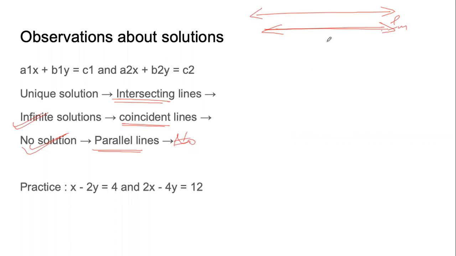Only when the lines are intersecting lines, we have one unique solution. Pictorially speaking, this is the connection between algebra and geometry. But the question is, do we really need to plot the lines to know whether we will have one solution, many solutions, or no solution? The answer is no. There is an easier way. There is a very, very easy way.